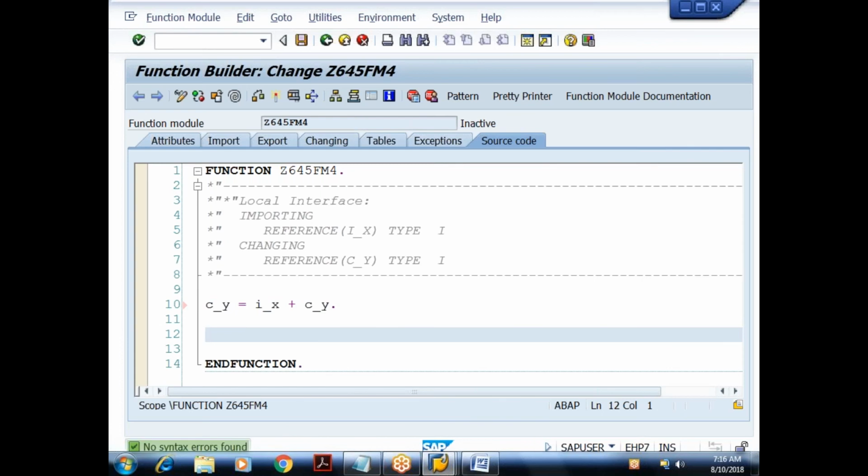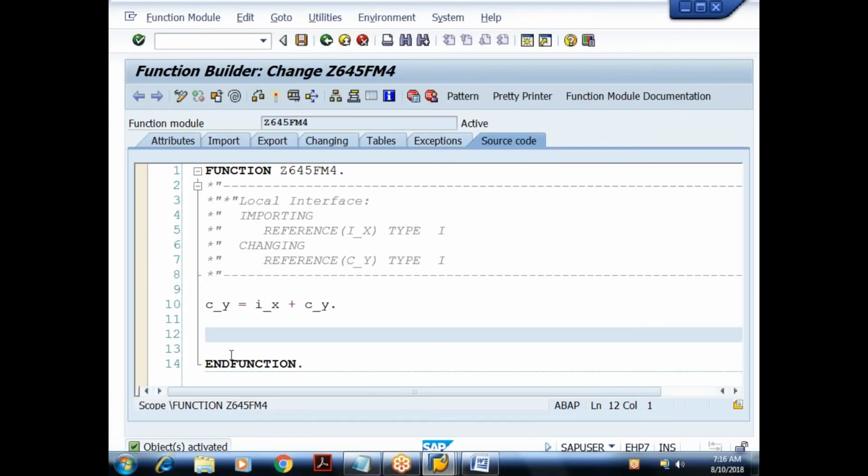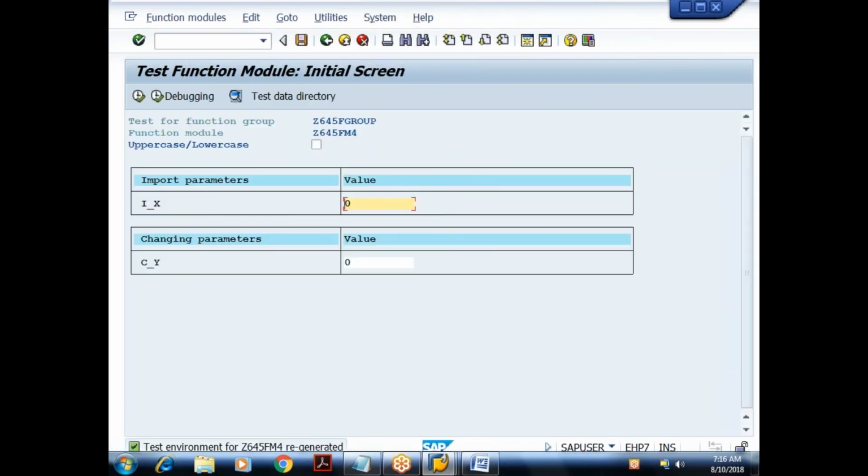Let me save it, check for the syntax, activate this. Done. Let me test it here only. You can see this C_Y will act as both import and what? Export. So here I'll say 66, and this is 22. I'm trying to execute the function module, so 66 and 22 will be passed.